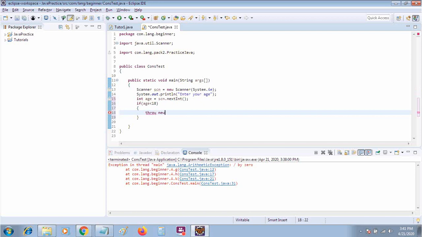Always remember you have to use new because an exception is a kind of instance, not a class. Suppose I want to throw an ArithmeticException, with a message inside: you are not allowed because you are a kid.